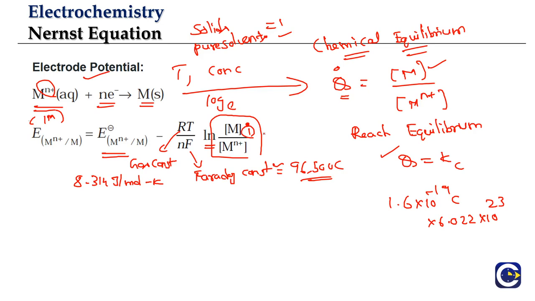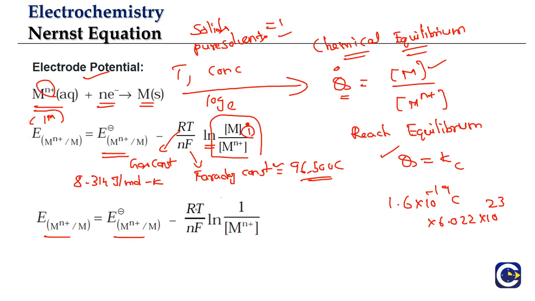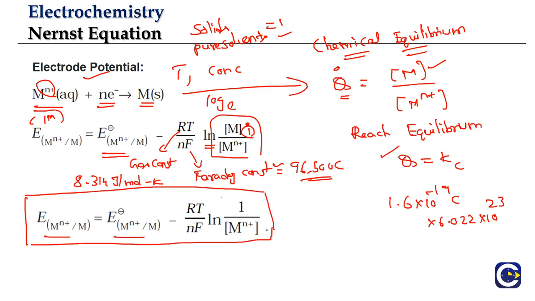So thereby the revised Nernst equation will be: E will be equal to E naught minus RT by NF ln, numerator will be 1, divided by the metal ions concentration. So for any electrode, this is going to be the formula we'll have. E will be equal to E naught minus RT by NF ln 1 by the metal ions concentration. Here we can convert, if required, the natural logarithm into decimal logarithm. Natural logarithm of any number will be 2.303 times decimal logarithm.